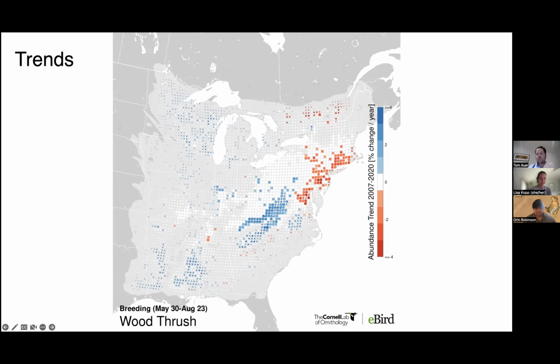On this map, if you see a red, that means a decline. The darker the red, the stronger the decline. If you see a blue, that's an increase, and the darker the blue, the stronger the increase. The circles on this map are sized according to how many birds are there at the end year, 2020 in this case. So the places where the species, in this case wood thrush, is really abundant, you see big circles. The white circles can get a little confusing, but they basically mean that there's either no trend or we don't know what the trend is. We might tweet this before we release it, but in the statistical world, that's a little bit hard to suss out.